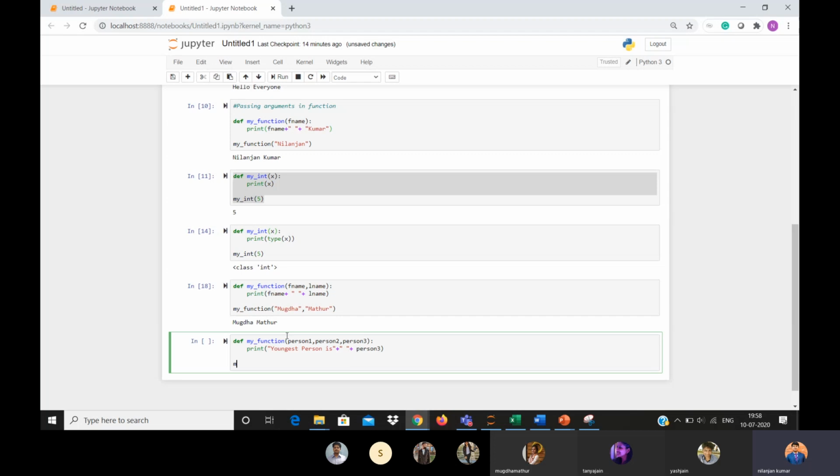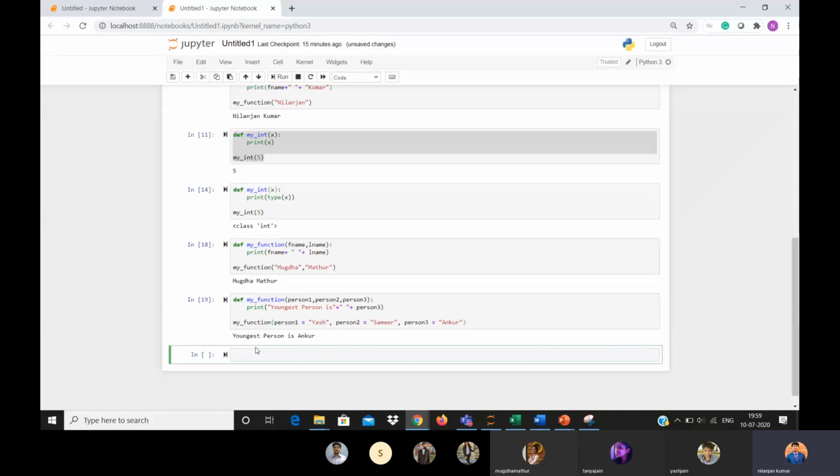Now I'm just calling the function, with person 1 equal to a name, person 2, person 3. When I run it, it will give the youngest person is Ankur.